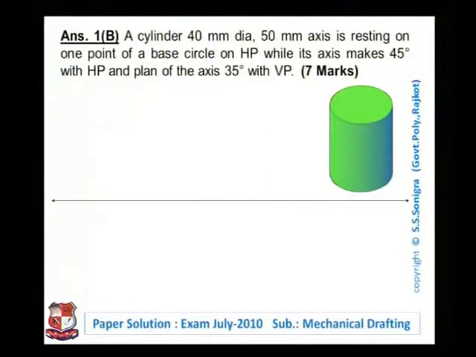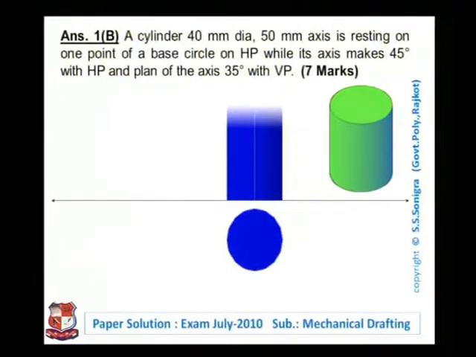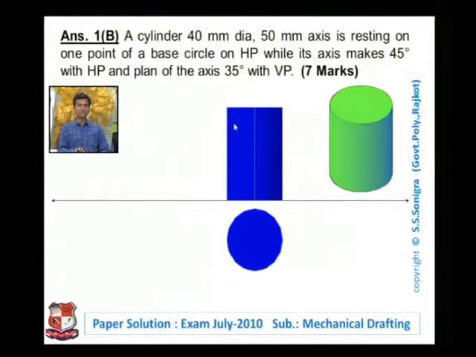So this is the cylinder, and for the cylinder, top view is a circle, front view is a rectangle. So we can draw like this. This is the top view of the cylinder, front view of the cylinder, diameter and height are given to us. So up to this also you can draw. If you don't know anything about this chapter, you can draw this diagram only. Then also you may get 2 to 3 marks, because 7 marks are there for 3 steps. So you may get 2 marks by drawing just the circle and this rectangle.